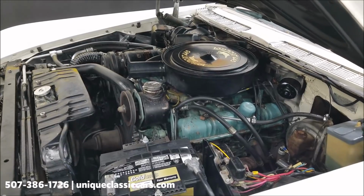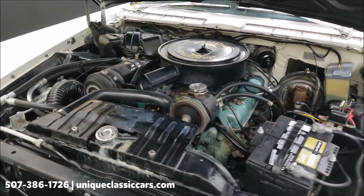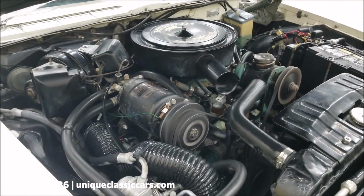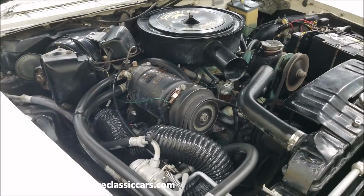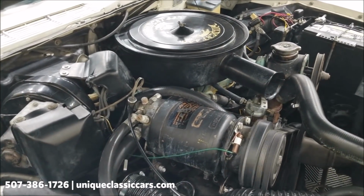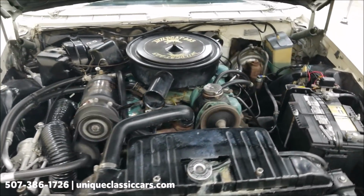Looking pretty much as authentic underneath the hood as the rest of this car does. All right, slip over here. I want to show you the AC components. So here's everything. Like I said, I just haven't had it blowing cool. Clutch is engaged, but it appears that it's never been switched from R12, FYI. So AC car, power steering, power brakes,